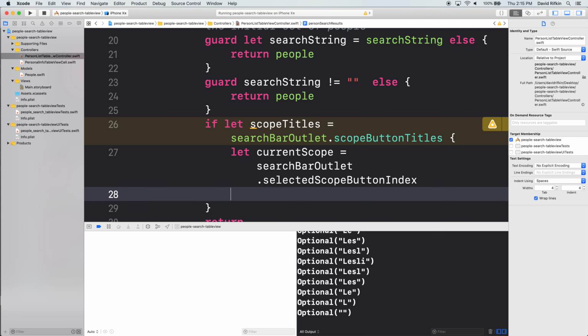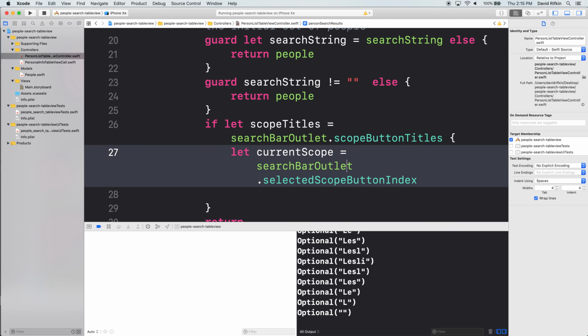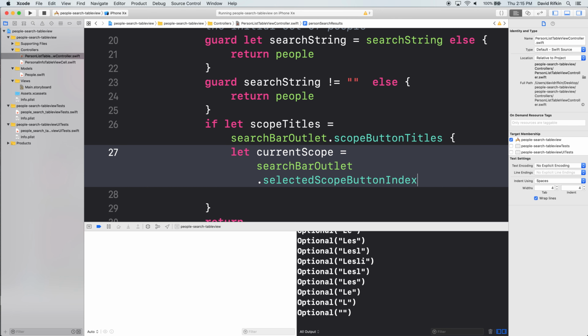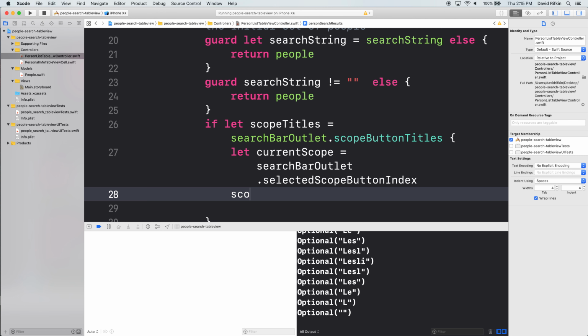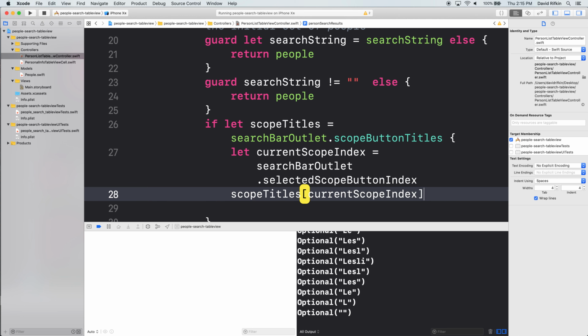And what we can say is, since scope button titles is an array of strings, and this selected is an int, we can just look in that array of strings, scope titles, at the current scope, so I'll say current scope index to make that a little clearer. And this will give us one of the two strings for our scope,